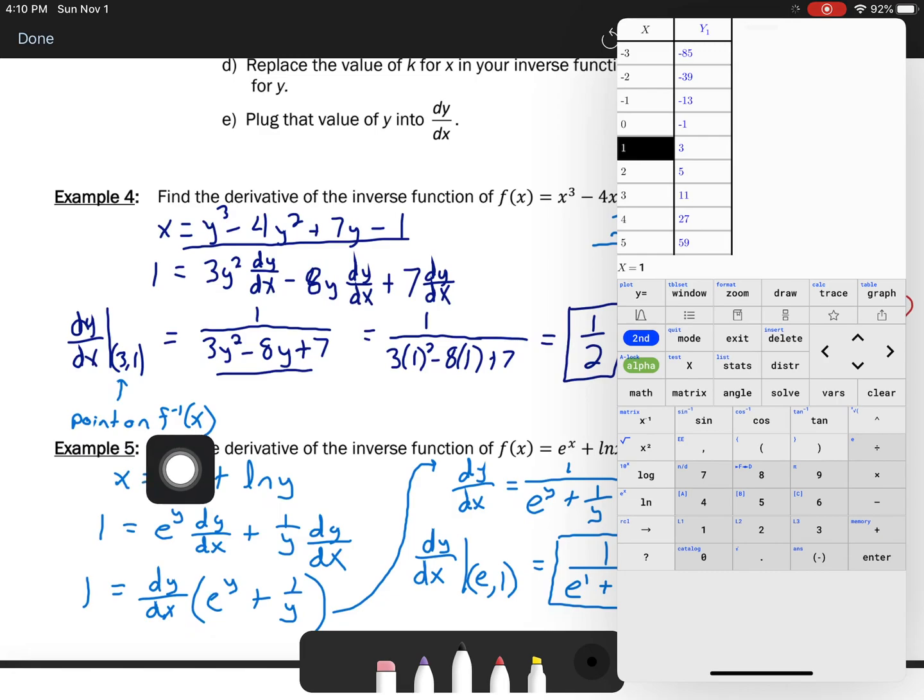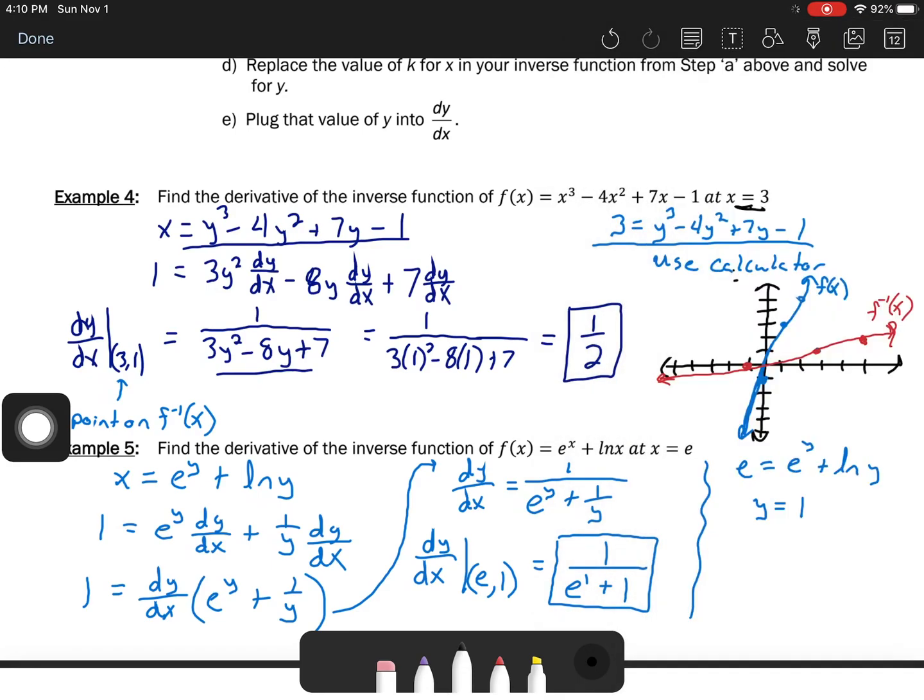So that's why I put this here. The point on the inverse is going to be 3, 1, since 1, 3 is on f. Okay, so that's kind of an important idea right there. Okay, so I'm going to be plugging in 1 here and here, and so that simplifies to 1/2 then. Okay, so visually, what that's going to mean is,